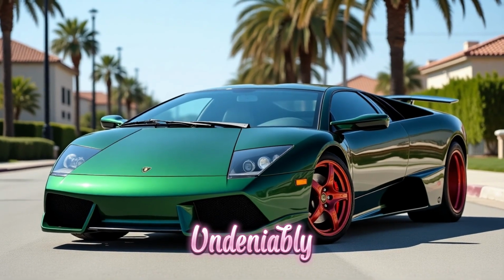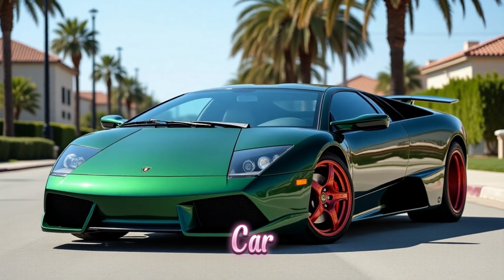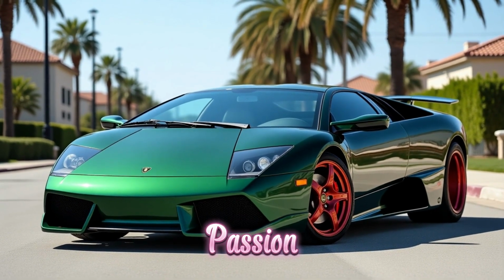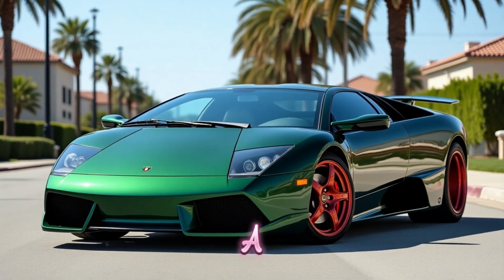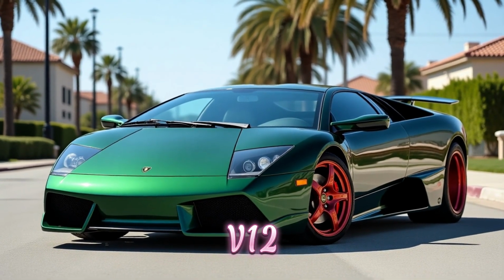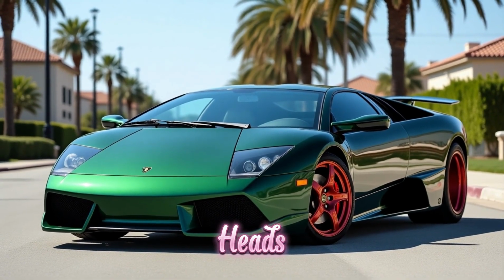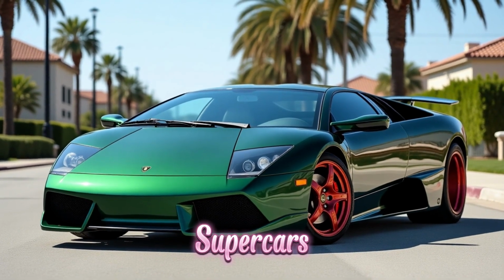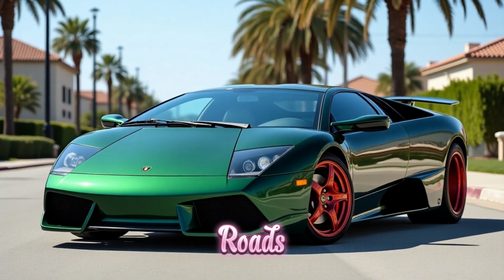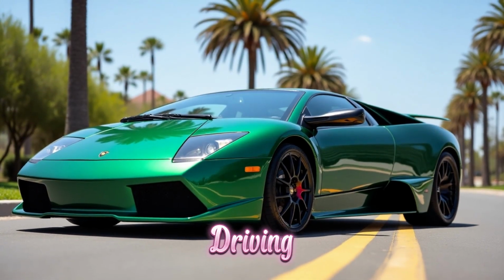There's something undeniably special about the Lamborghini Murciélago. It's a car that captures the raw passion and flamboyance of Italian supercar design, powered by a screaming naturally aspirated V12 and wrapped in an exotic silhouette that still turns heads decades after it first debuted. Among all the supercars vying for attention on American roads, few manage to combine drama, rarity, and pure driving experience